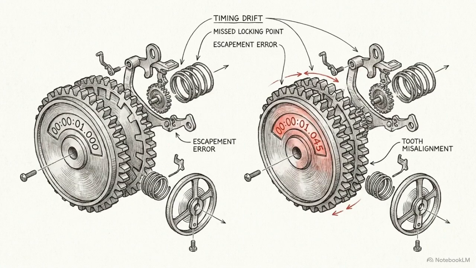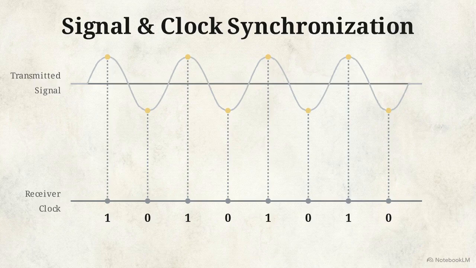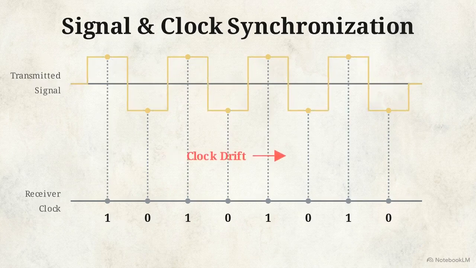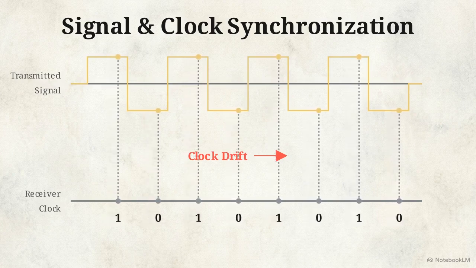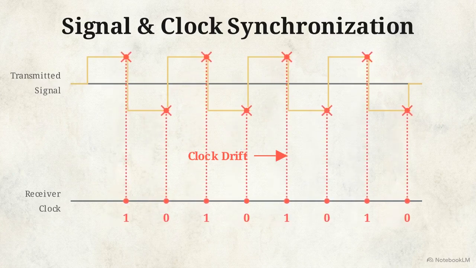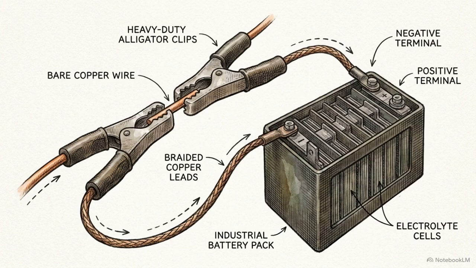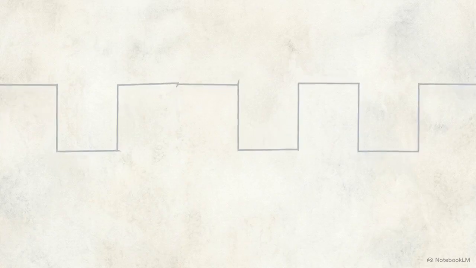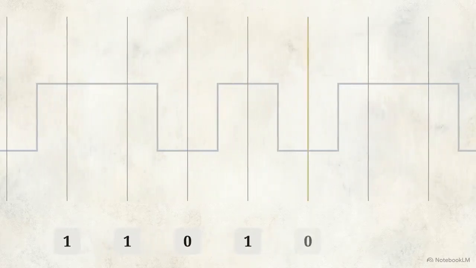Even when the pulses are clear, the system fails if the internal clocks on both ends aren't perfectly aligned. To make sense of the incoming voltage, the receiver must sample the signal at exact predetermined intervals. But hardware clocks drift. If the receiver's timing is off by a single microsecond, it begins sampling the signal at the wrong moment, reading a 0 instead of a 1 and instantly corrupting the message. Pushing electricity down a wire is a purely physical act. True data transmission requires a synchronized system of communication to impose order on that physical chaos.